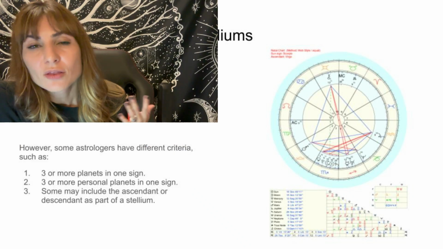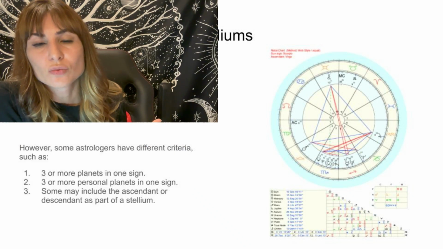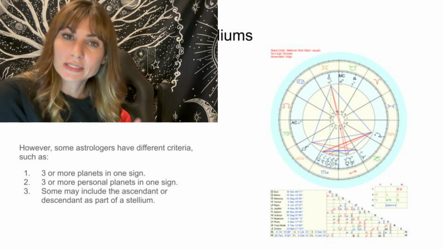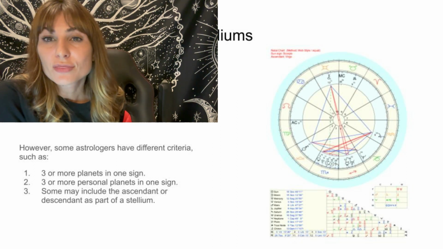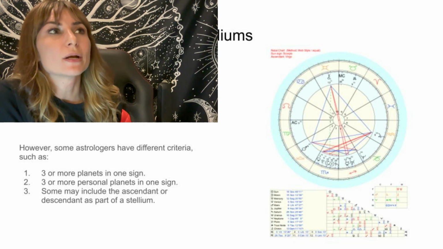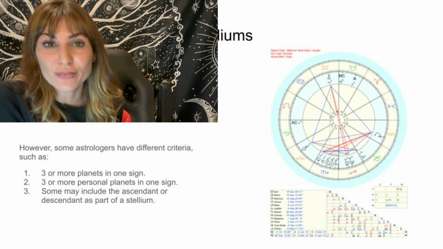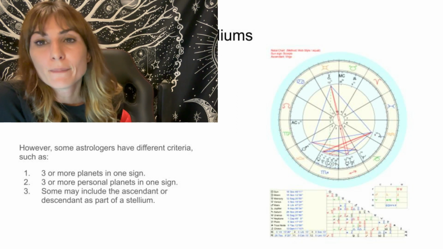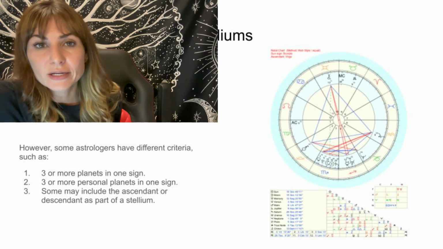There are other ways that astrologers will refer to a stellium. They have different criteria. Some will say 3 or more planets in one sign. I don't like this because there are generational planets that will cluster together. For example, around the early 90s, 1990,